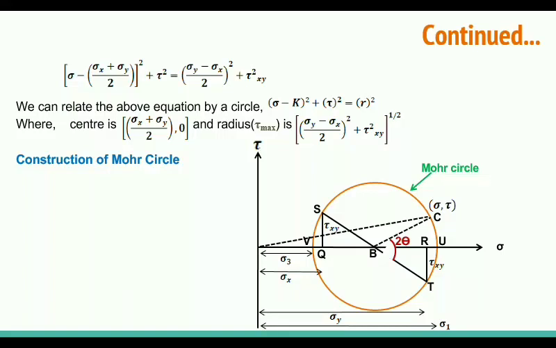In the previous discussion of the Mohr circle, we took the 2 theta angle from the horizontal line. But in this case, I am taking the angle from this inclined line, that is from the ST line, or we can say the BT line. That is very important. If you do not consider this, your answer will be wrong. So you have to take the 2 theta from the BT line, not from this BU. Are you getting the point? So this point C will give the normal and shear stress on the plane of AC.